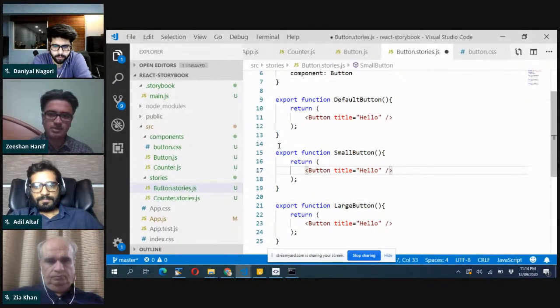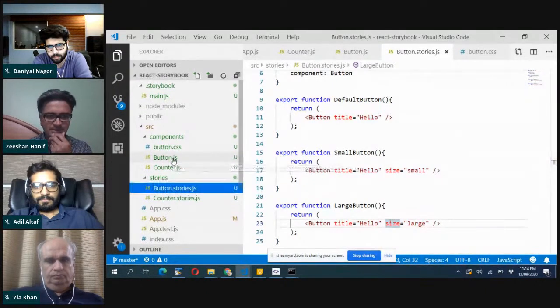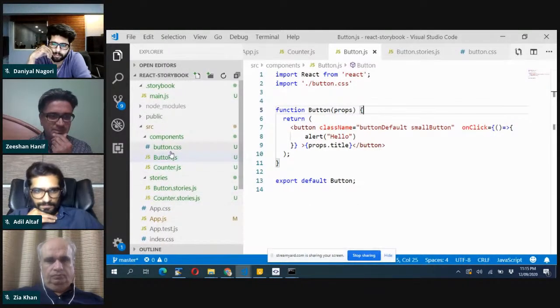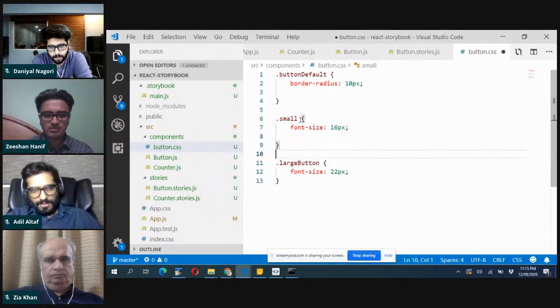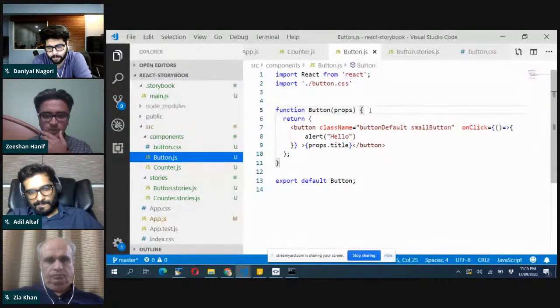And we will receive a property named size, small, large. Inside that button component, as we are assuming the size, let me first change the CSS so it will stay consistent with the name, so it will be easy for me to manage. I'll change it to small and large, and inside the button, what I will do is